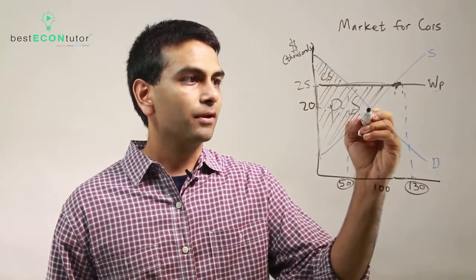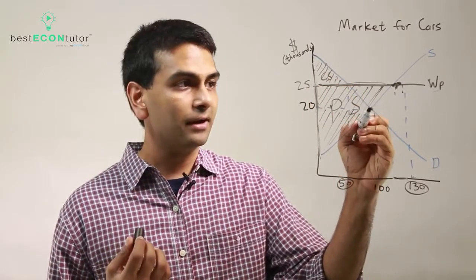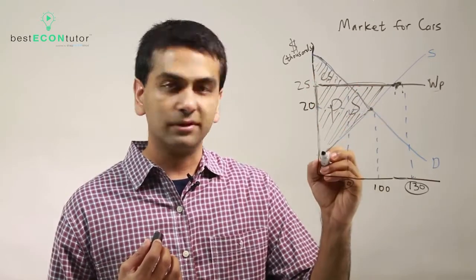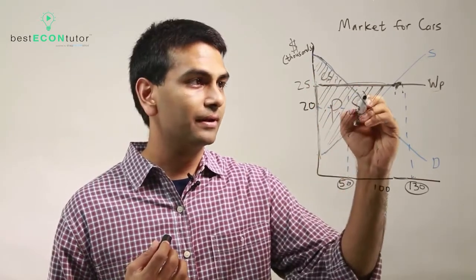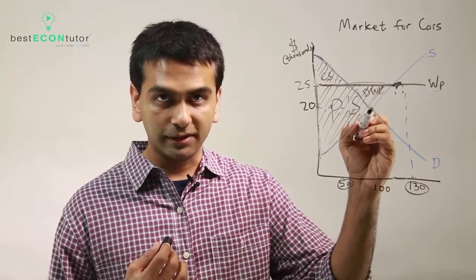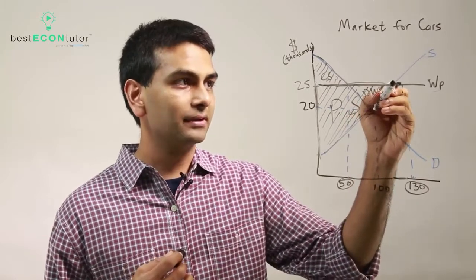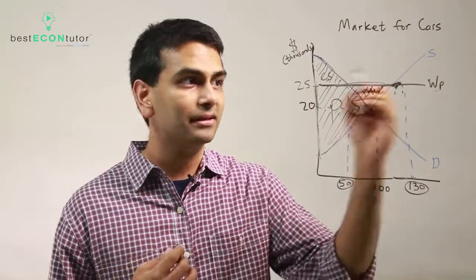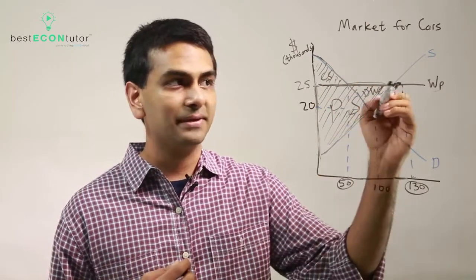So notice over here, if you were to somehow ban trade and be an autarky again, you're going to have deadweight loss, because in that case your surplus would only be this much. So you'd have this much of a deadweight loss if you were an autarky. And if you were here now, if you were to let free trade happen, even though the consumers are worse off, you have no deadweight loss, because that's when the total is the highest, because then all this would be PS if you were here.